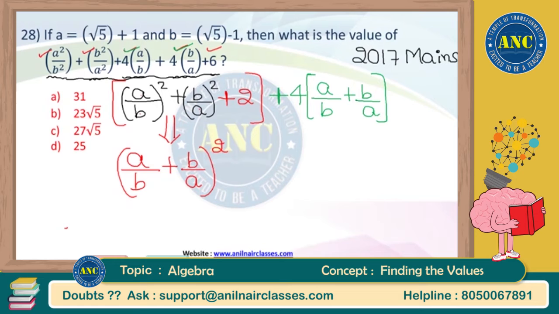Now, the third term is written, the fourth term is also written. What about the fifth term? The fifth term is given in the question as 6, but out of that 6, I have already written 2, and another 4 is pending, because 2 plus 4 is nothing but 6. Now I have written all the 5 terms, but I have not written them in the same way as given in the question. What is the use of writing it in the same way? We are trying to simplify it. That means the first 3 terms I can write as a by b plus b by a whole square, plus the remaining terms, which I also know how to write right now.